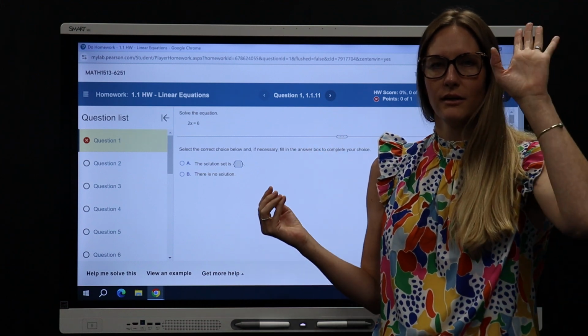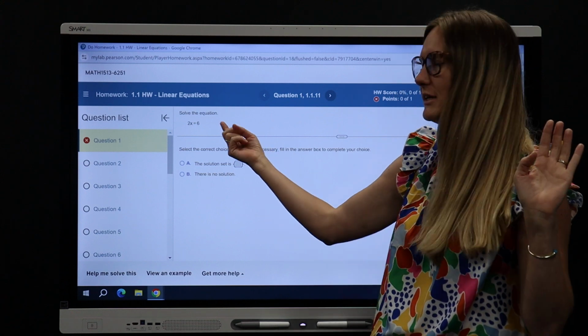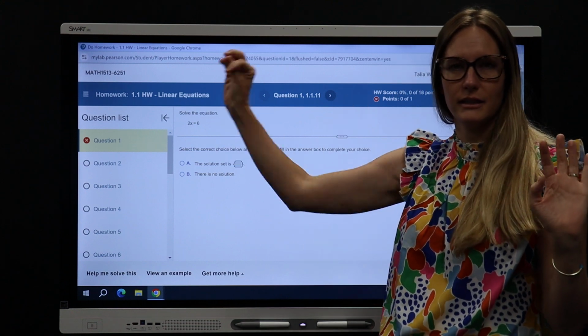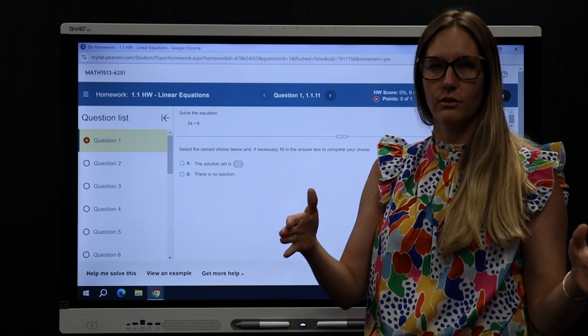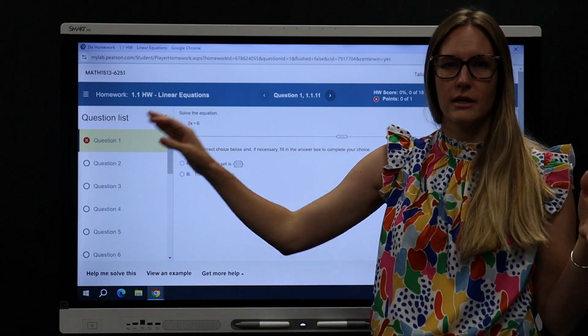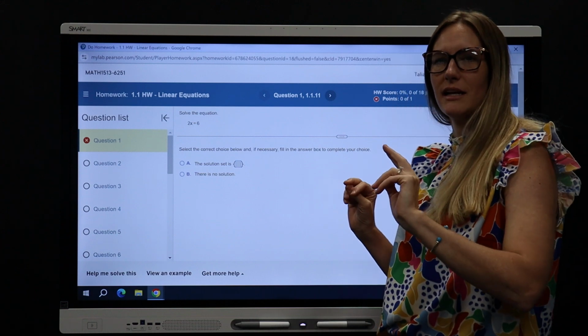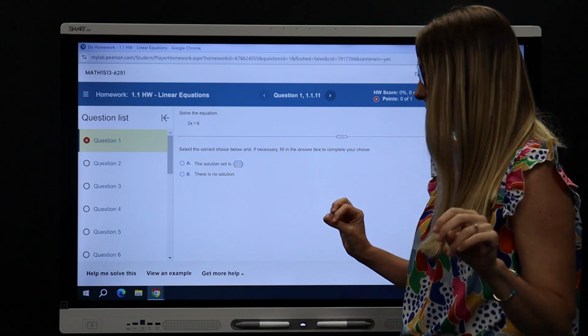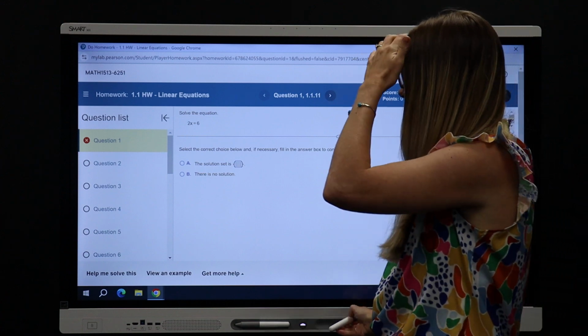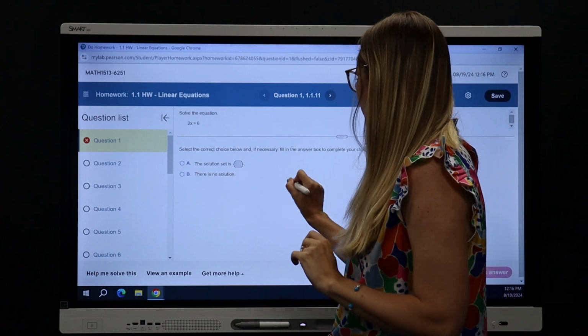So we want to get whatever letter, like on this one it's x, we're going to get x equals. So absolutely everything with x has to go to the other side of the equal sign. And the only way to move something across the equal sign is to do the opposite of what is happening with it. So, with all that being said,